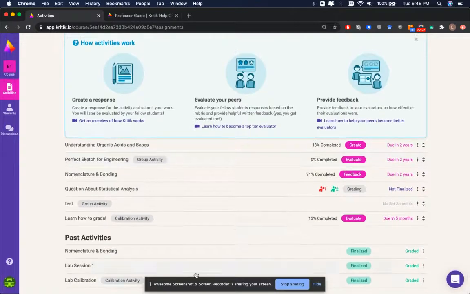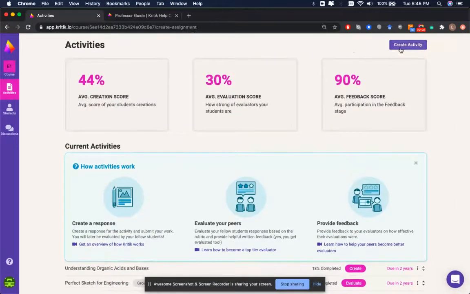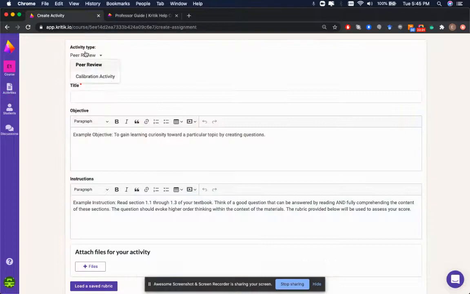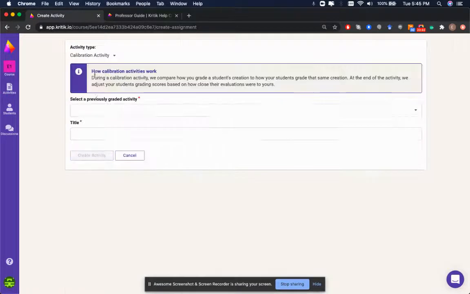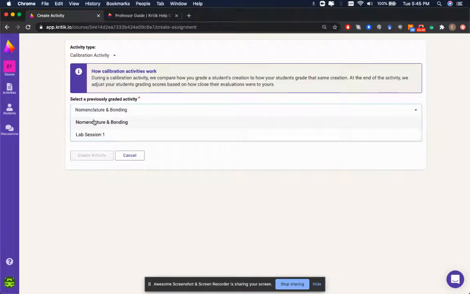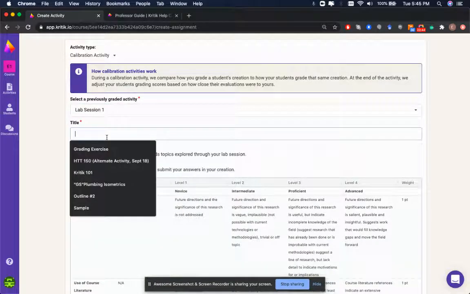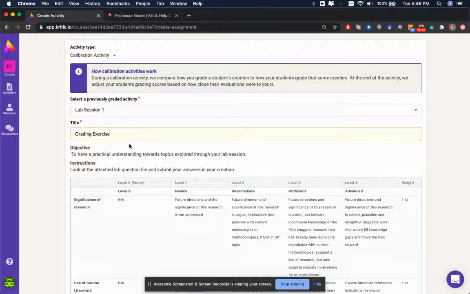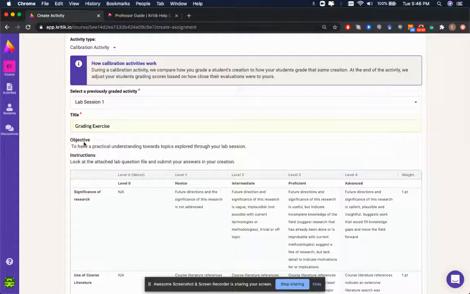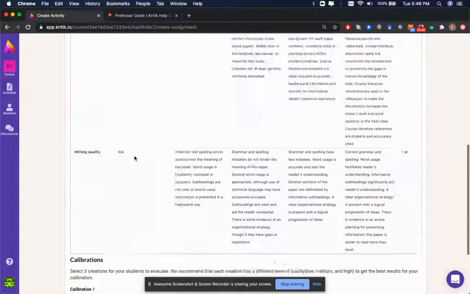After you finalize an activity, you can click on Create Activity, change the activity type to calibration, and it'll only show you the activities that you finalized. For example, if we click on Lab Session 1, which is an activity that was finalized in this example course, and we call this a grading exercise, it'll have a calibration tag beside it, so no need to put calibration in the title. It'll show you the exact same objective and instructions and rubric from that Lab Session 1 activity,